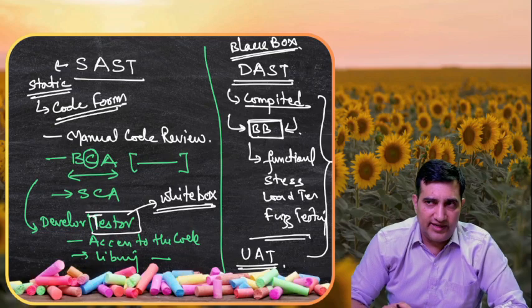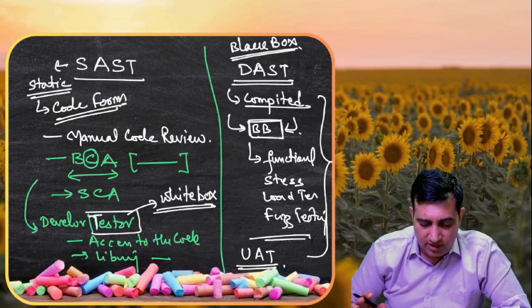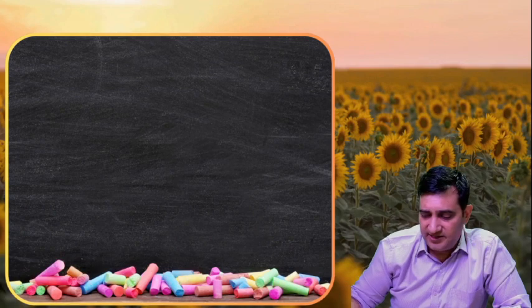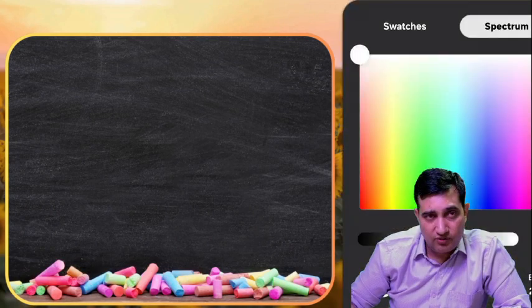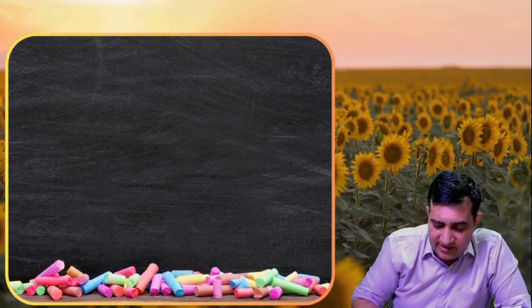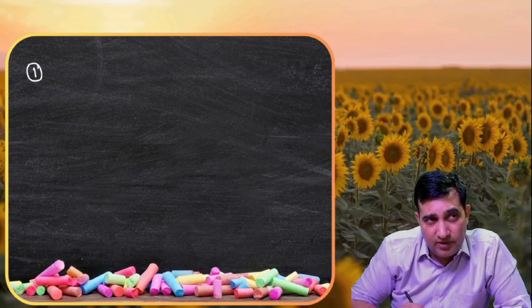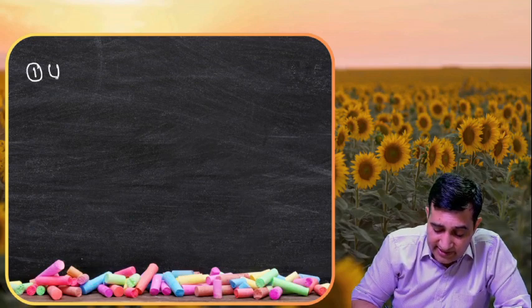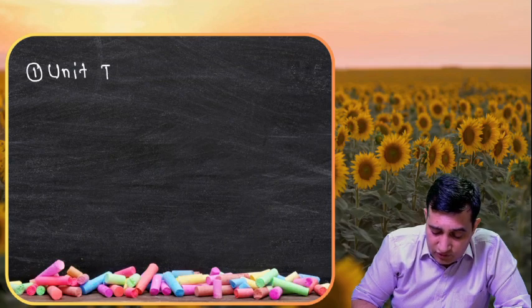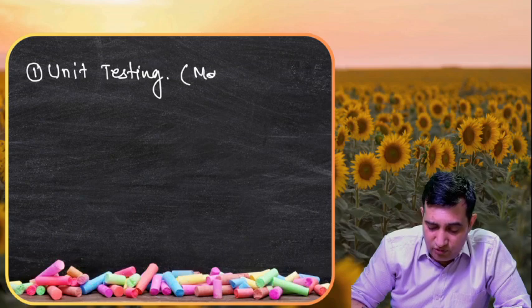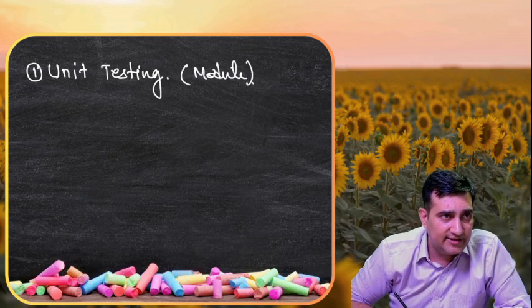Okay, so that's one. So I hope you understood about SAST and DAST. Now there are different types of testing. As we go along, as the software is getting ready, we test different things. The first thing we test, and very fundamental to any kind of software, is unit testing. Unit testing is nothing but basic building block testing. That means a particular module is ready and you are going to test it. So that's called unit testing.